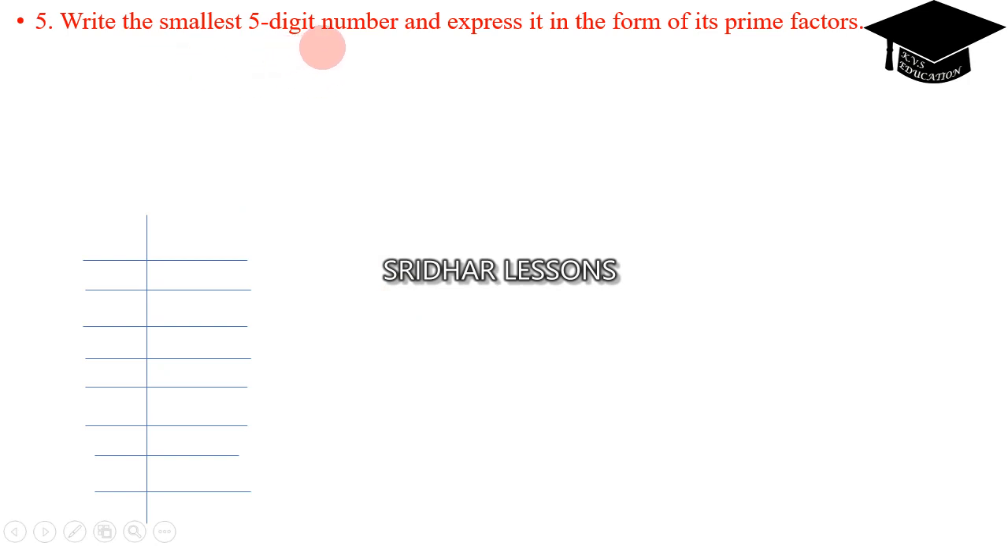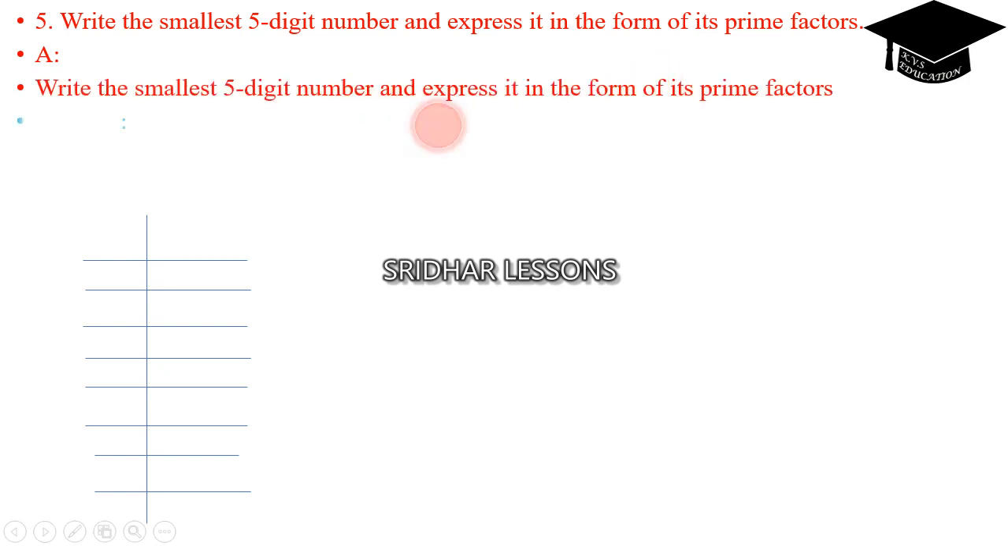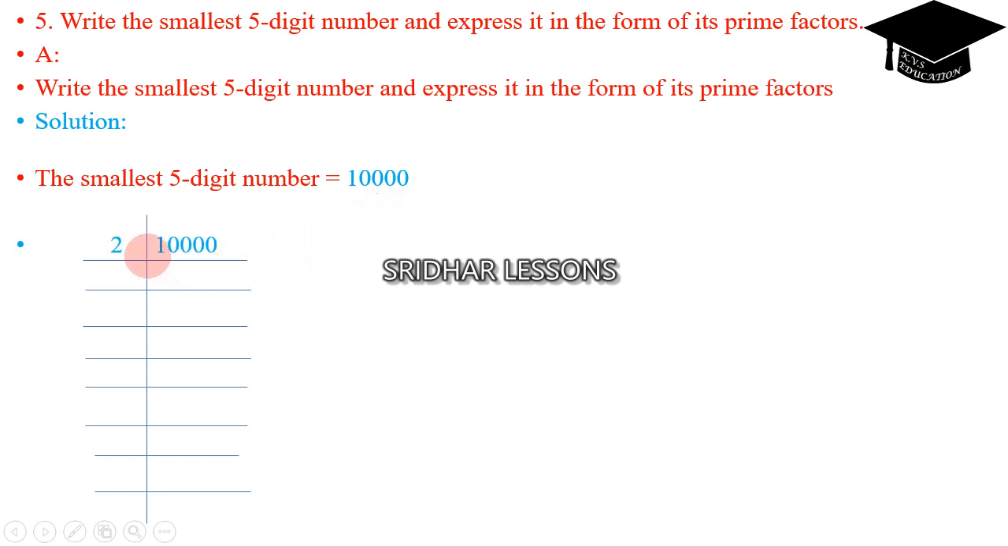Write the smallest 5-digit number and express it in the form of prime factors. The smallest 5-digit number is 10,000. Now we have to write the prime factors of 10,000. 2 can be factorized into 5,000. Again 2,